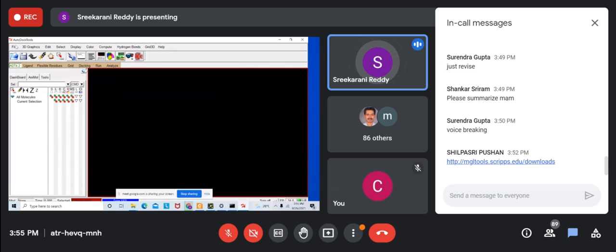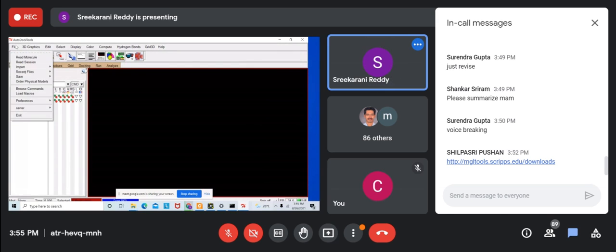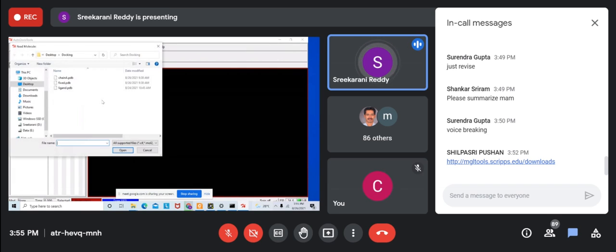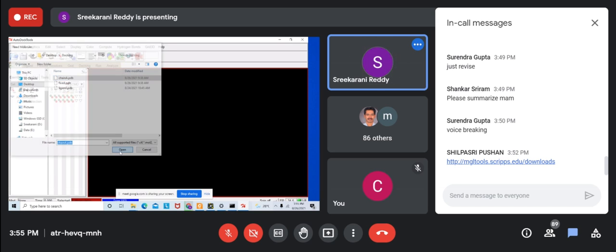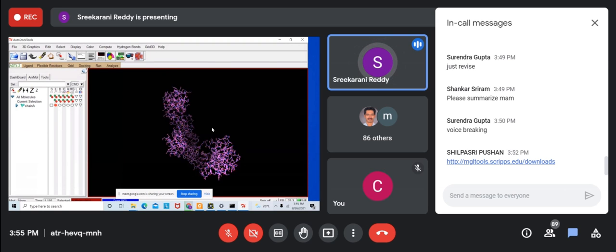Now I will try to open a macromolecule or a protein or a fixed one, whichever name you give, but these three are the ones which we try to use in the process. So I am trying to take the chain A, which I have fixed. So chain A, open. Once I have opened this particular protein or macromolecule, now there are some parameters for doing docking.